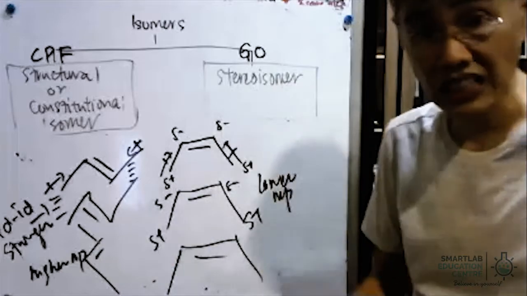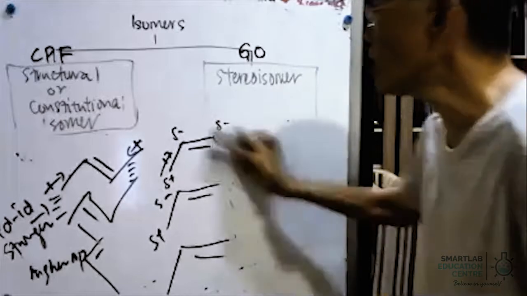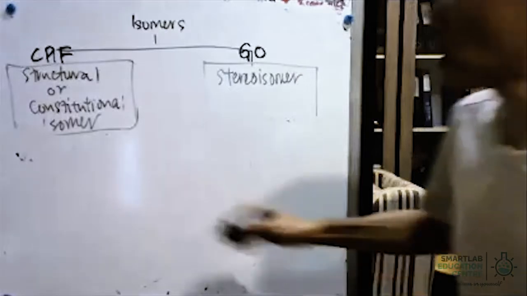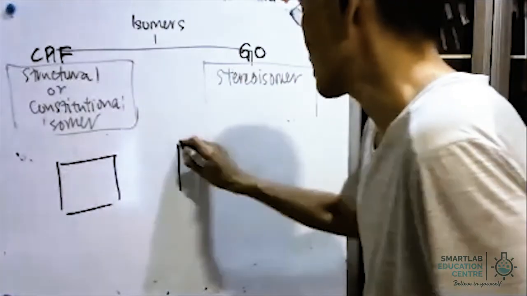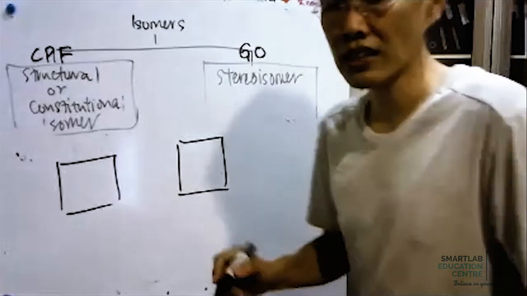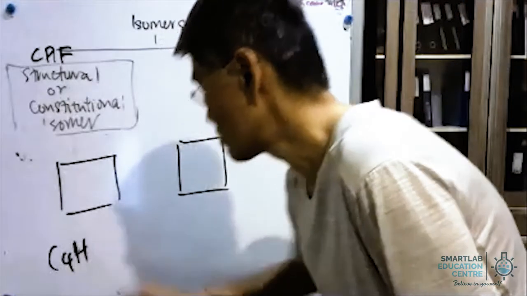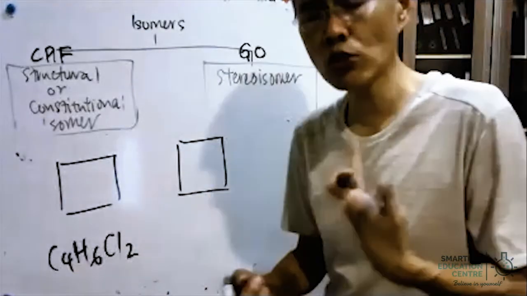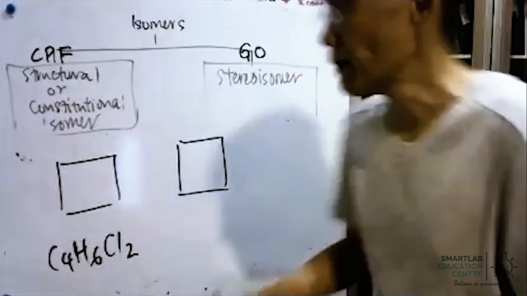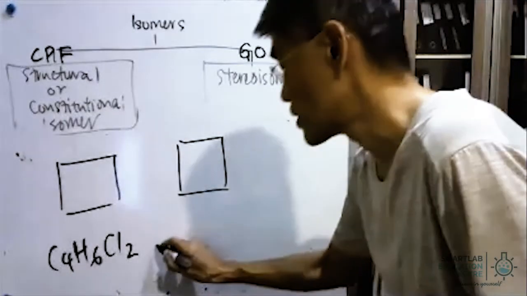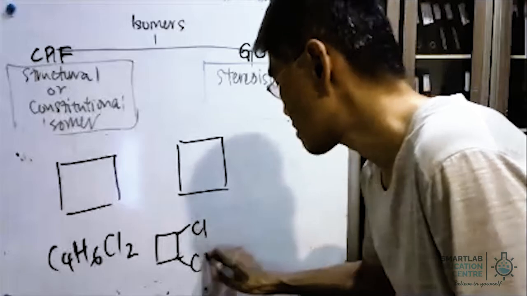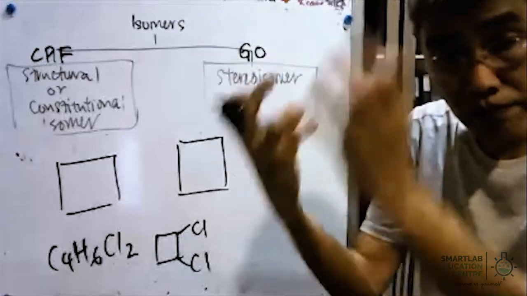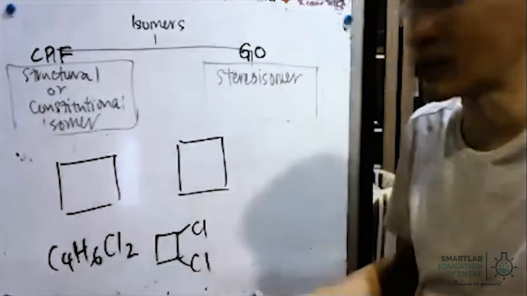There's another functional group that can also show geometric isomers. They are none other than your cycloalkanes. Okay, let us do that. If you look at the cycloalkane, for example, these two, and then we look at these structures, C4H6Cl2. This is a 1,2-dichlorocyclobutane, so in terms of the structural formula, we'll be looking at this. But in terms of how the atoms position themselves in three-dimensional space,